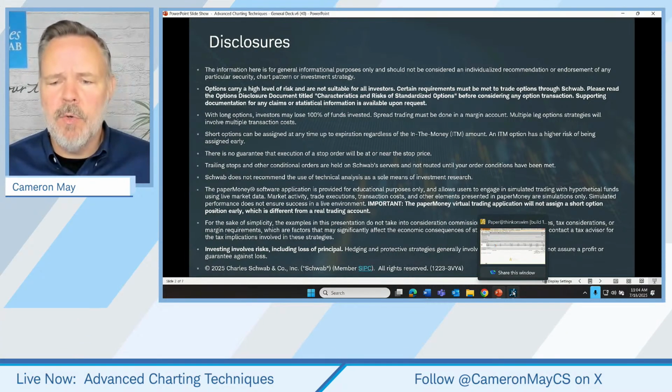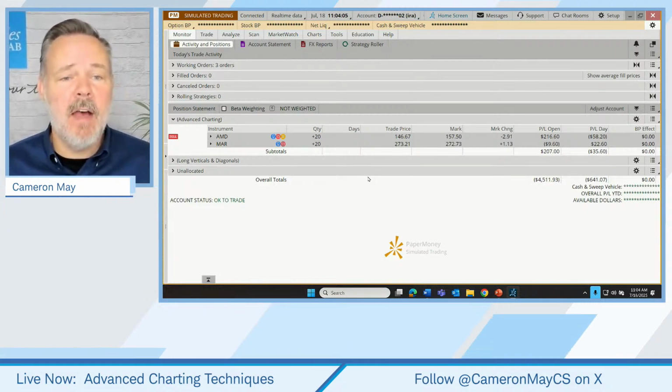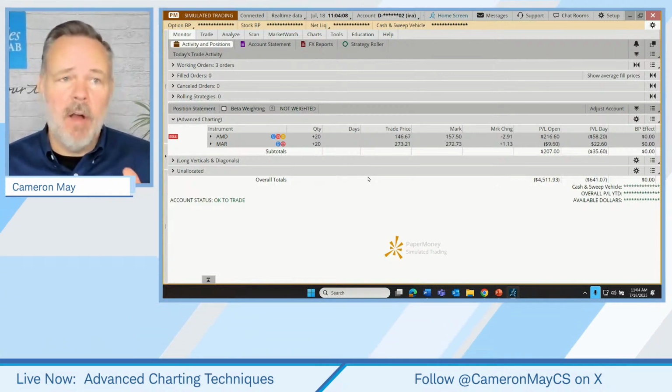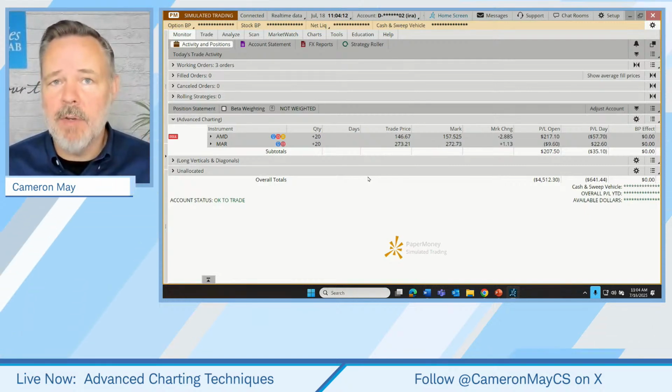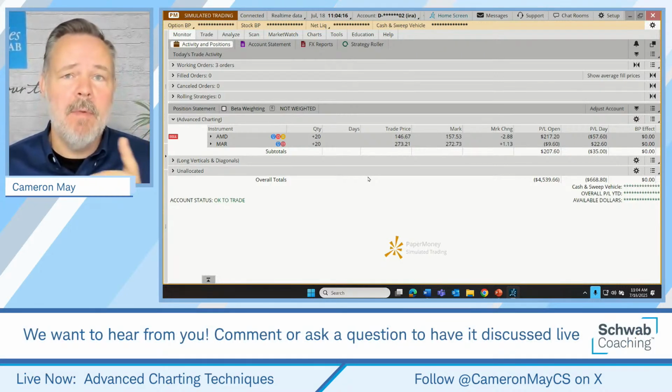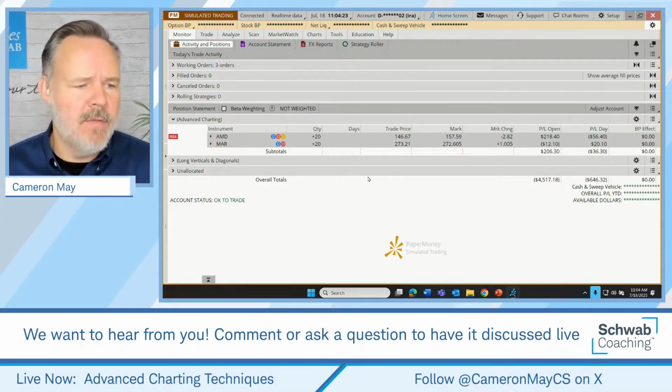But let's go to our Thinkorswim desktop trading software platform. And if you're not familiar with this software that we're using, it's called Thinkorswim, and it can be downloaded from within your Schwab Online account. You just go up to the Trade tab. Doesn't cost anything to do this, by the way. Go to the Trade tab, look for Thinkorswim in the menu, and then just click on a little blue bar that's going to guide you through the process of downloading it.